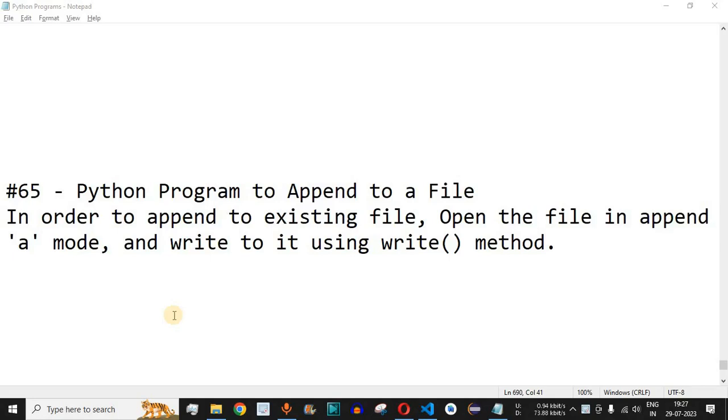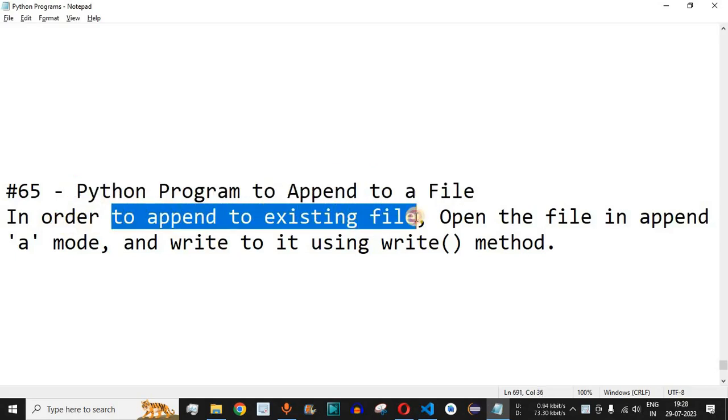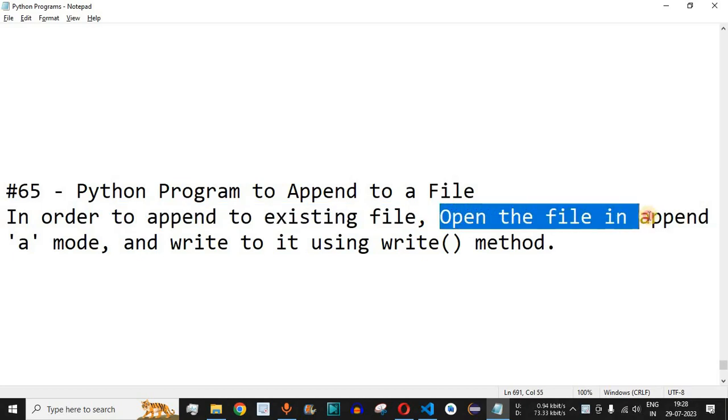Hey, what's up guys? Welcome to another video in which we are going to write a Python program to append to a file. So guys, basically in order to append to an existing file, we need to open the file in the